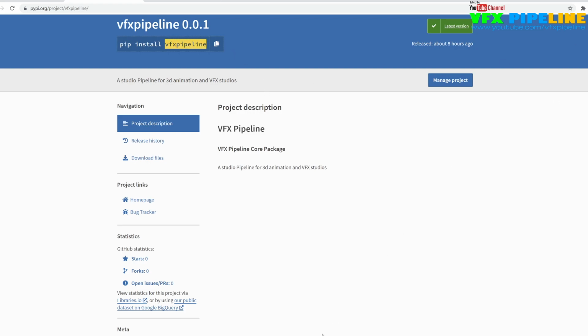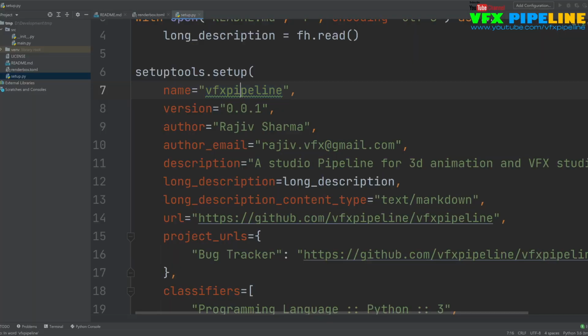If you put a space like this, then when the package runs, an underscore will automatically be applied. If you don't want that, then don't put any space. So let's say I need renderbox.